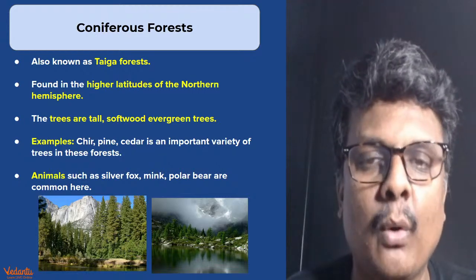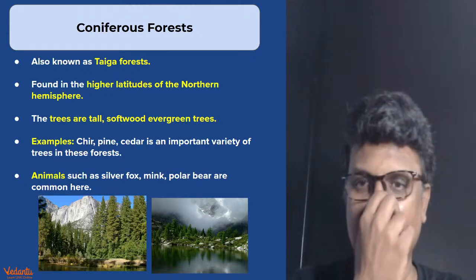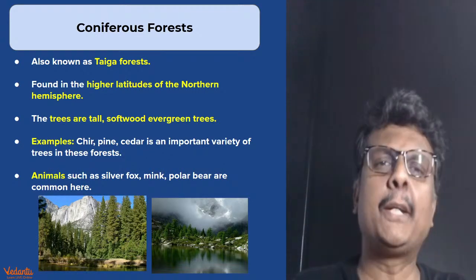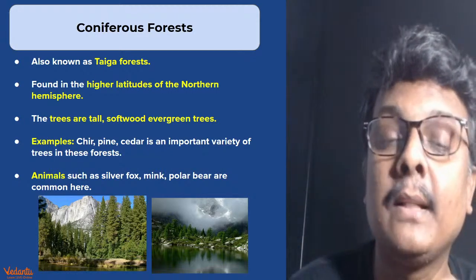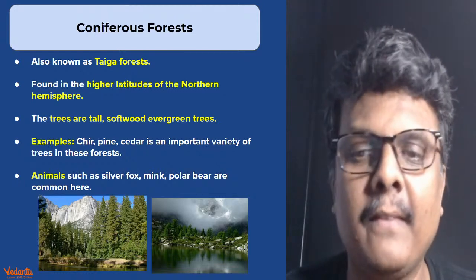These trees, the coniferous forests, are generally found. They are very conical, guys. They are very tall. Okay, so they are found in the northern hemisphere, and fir, pine, and cedar are very important varieties of trees